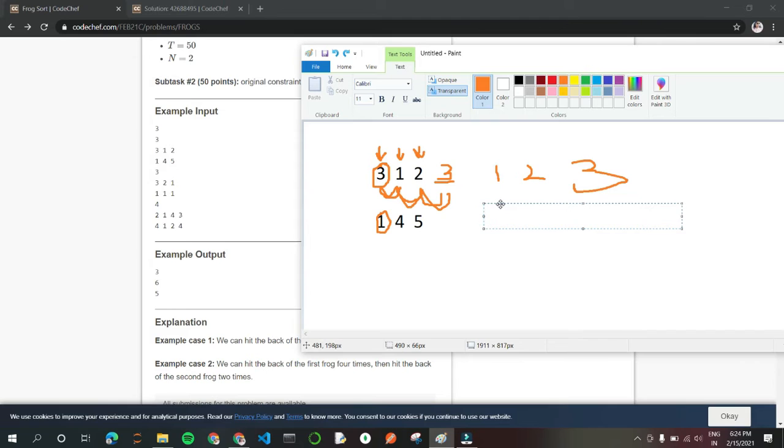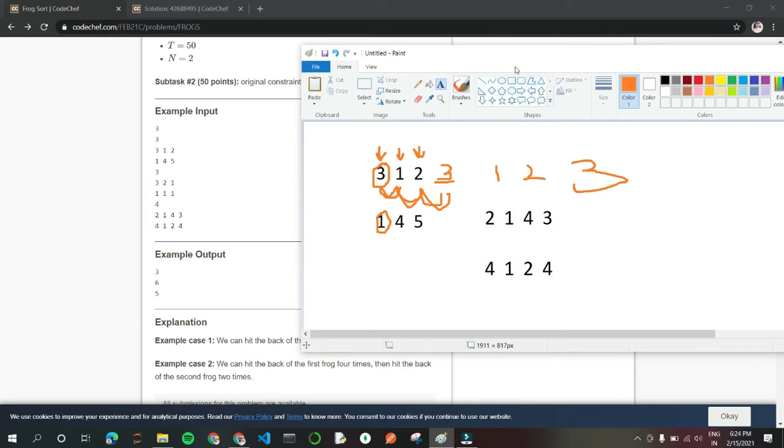I will consider here the last test case: 4, 1, 2 and 4. Now we have to sort it, we have to make it 1, 2, 3 and 4.